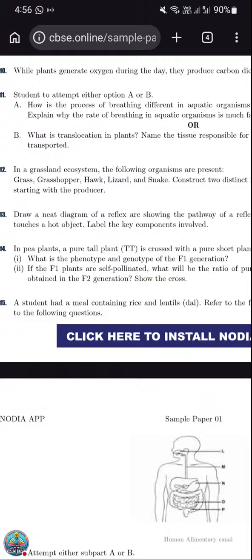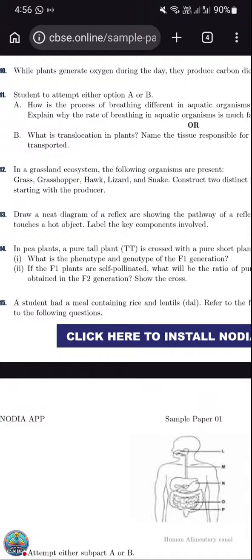We need to draw the reflex arc showing the pathway of the reflex action. Label the key components involved. So the reflex action will have the receptor, then the sensory nerve. So it will start from the sensory one, then pass to the spinal cord, then the motor nerve, and finally the effector